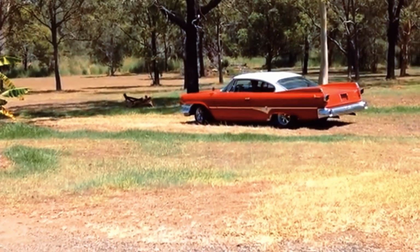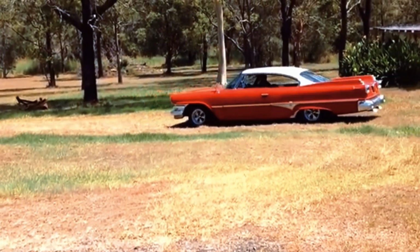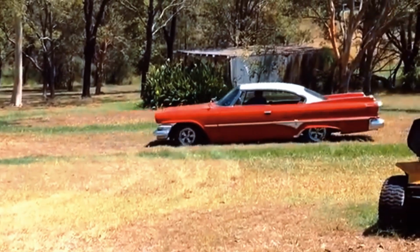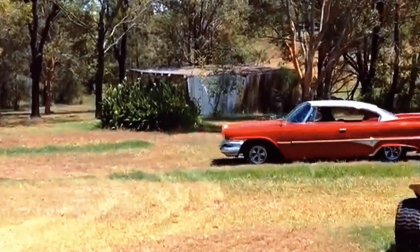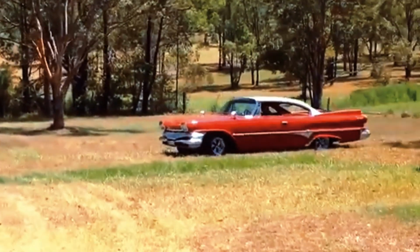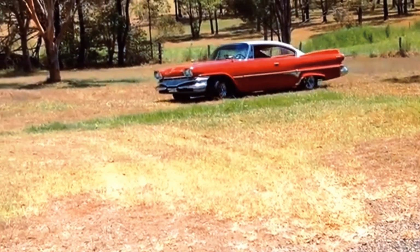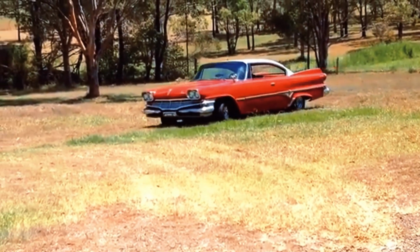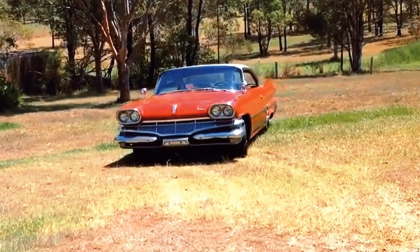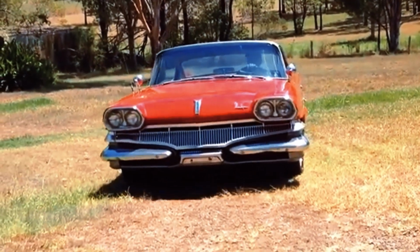The result was a car that looked awkward and unbalanced, lacking the elegance or aggression that other full-size cars of the time offered. The Dodge Matador didn't have any standout features that would make it particularly appealing to buyers. It was positioned as a full-size car, but lacked the luxury features or performance options that could set it apart from the competition. Many buyers saw it as just another large car in an already crowded market with nothing special